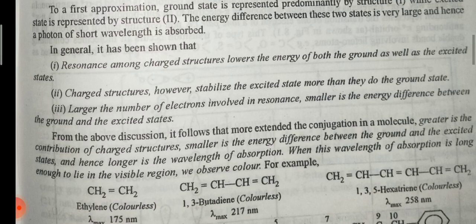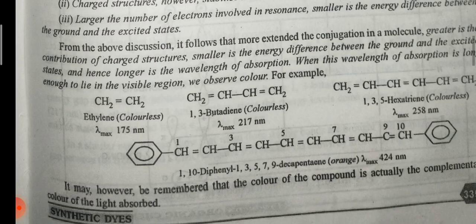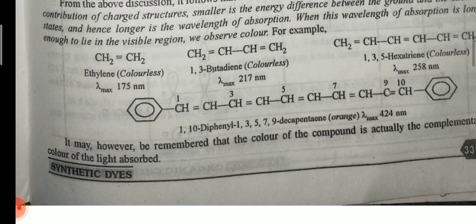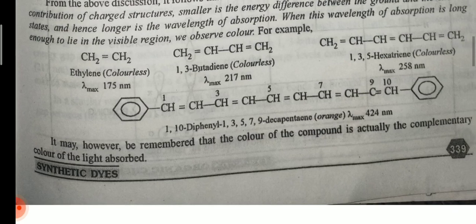From the above discussion, it follows that the more extended the conjugation in a molecule, the greater is the contribution of charged structures, the smaller is the energy difference between the ground state and the excited states, and hence the longer is the wavelength of absorption. When this wavelength of absorption is long enough to lie in the visible region, we observe color. For example, ethylene. It may, however, be remembered that the color of a compound is actually the complementary color of the